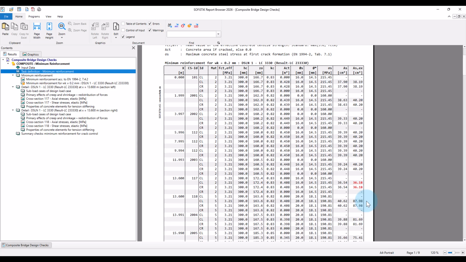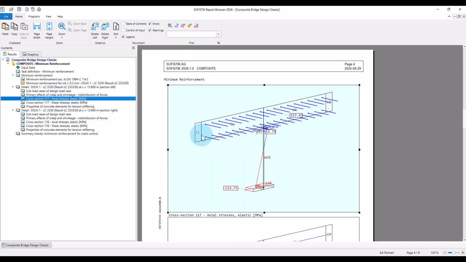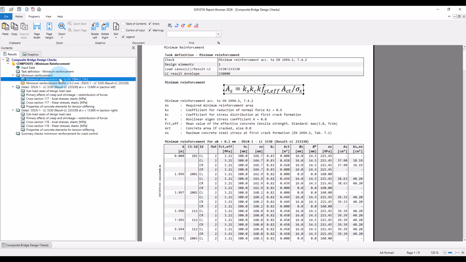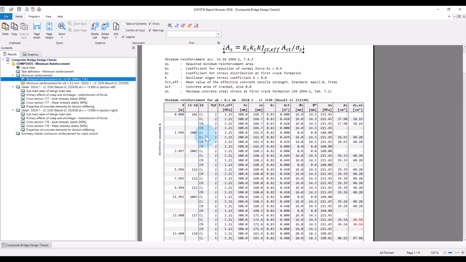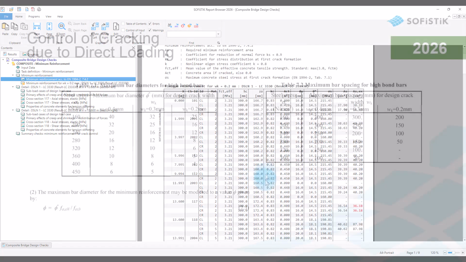Reinforcements that might be defined or calculated with Module AQB are not taken into account. Note that where we have defined non-effective areas, the thin-walled elements are split and therefore listed twice in the table.